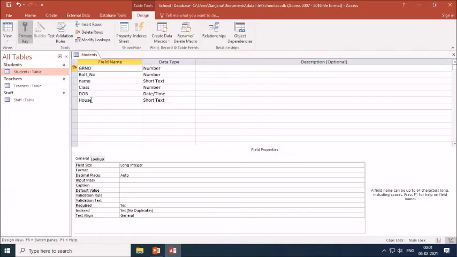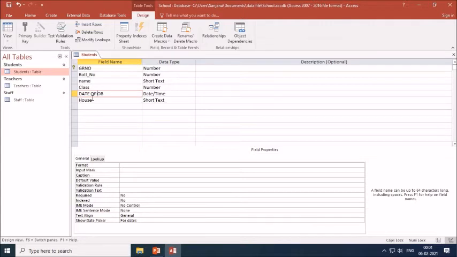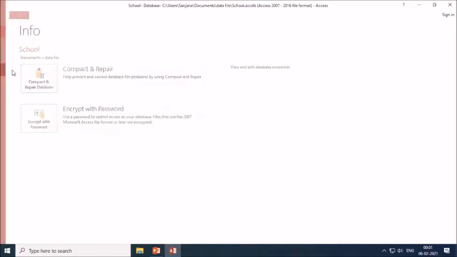Then if I want to make the changes in date of birth, if I want to write it full, date of birth. Now these changes I had made in the structure of the table student. Now click on save, file, save.